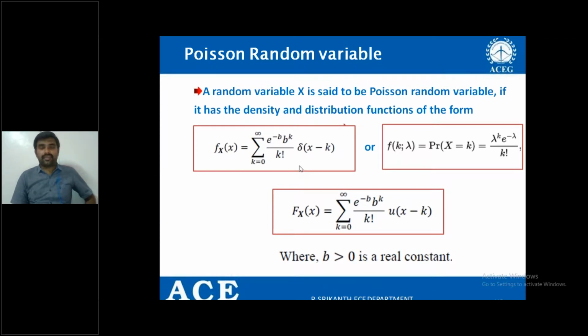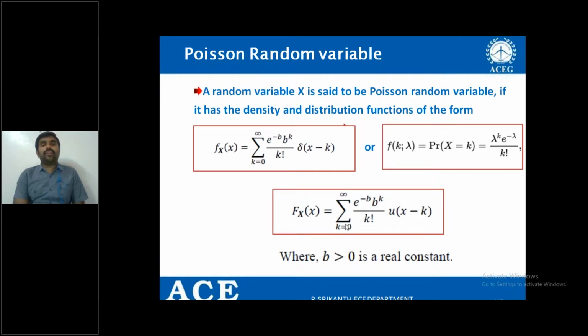Or in some textbooks, you can also find the definition like this. Here it is represented with the b, but in terms of lambda also you can write. In the place of e power minus b, we have e power minus lambda, right? So b is nothing but lambda. In fact, it is a mean value or average value, or average rate, I can say. Lambda is nothing but average rate. So you just remember the two formulae, and the probability value can be represented in terms of b or in terms of lambda. Am I clear?